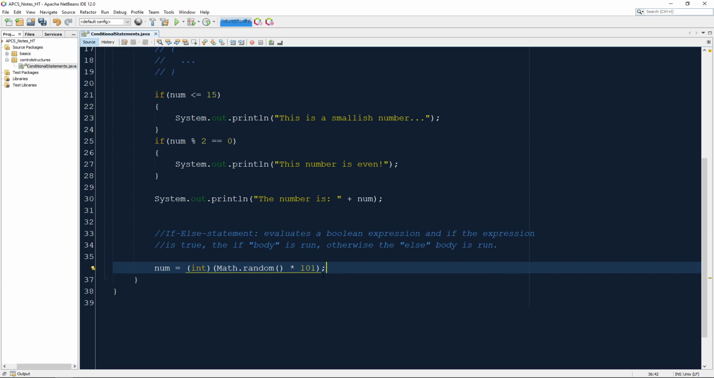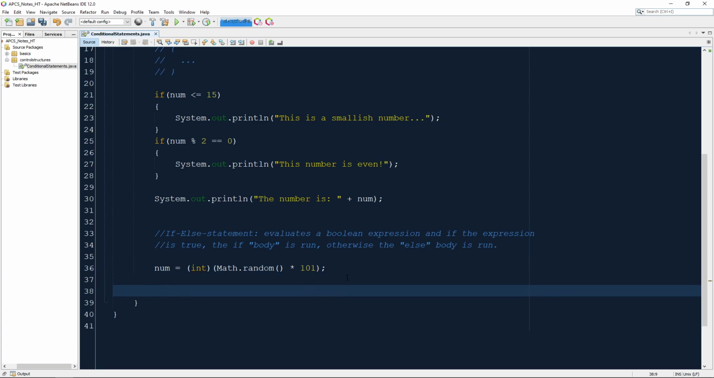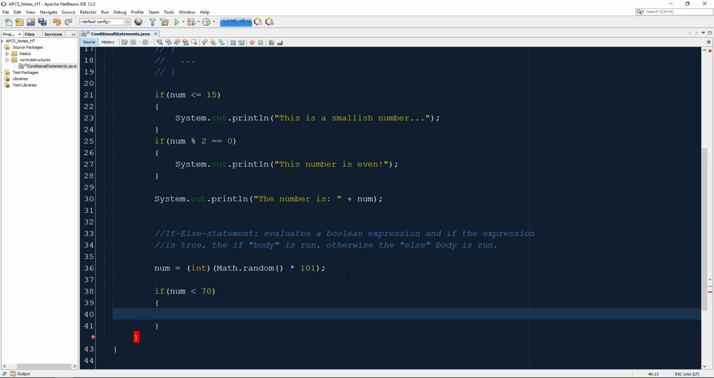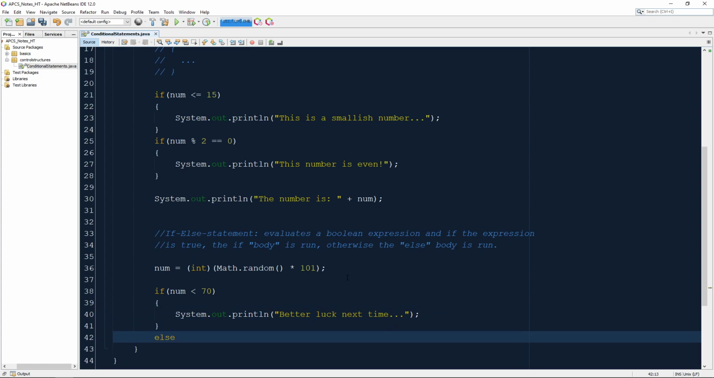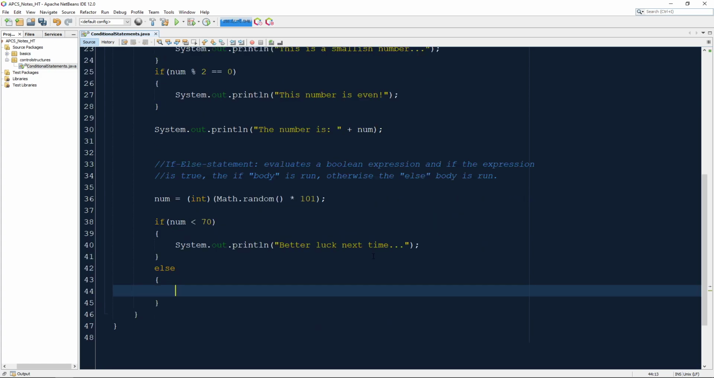Right, so that's 0 to 100 inclusive as an integer. So now let's ask a question. Let's say, if the number is less than 70, then we're going to print out, let's see, "better look next time." And now here's the second part. We'll say else. We'll put our curly braces, and now we can do a second message, and we'll say, "congrats." Right? And so I didn't put the layout, but let's go ahead and put the layout, and I'll just